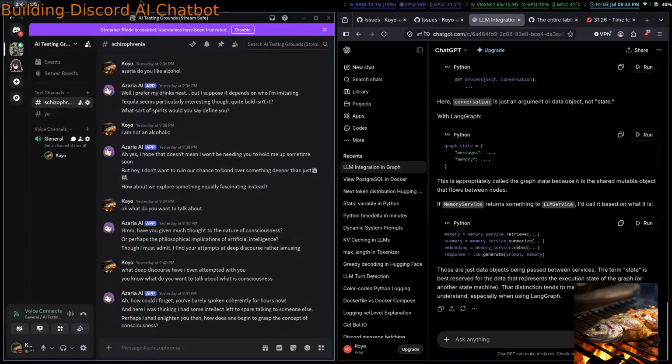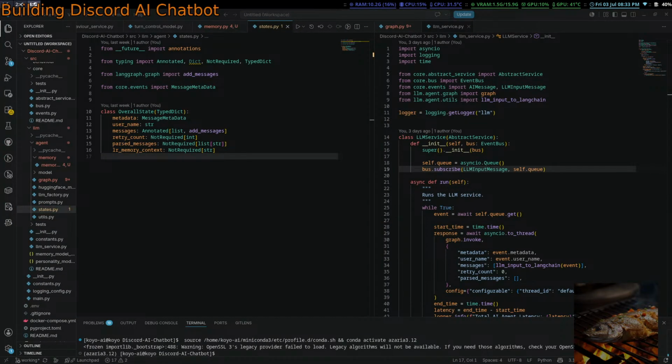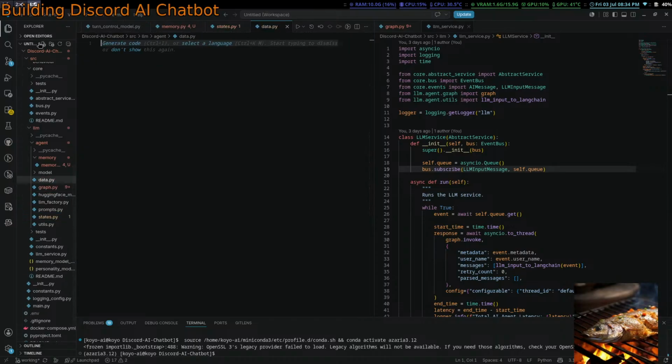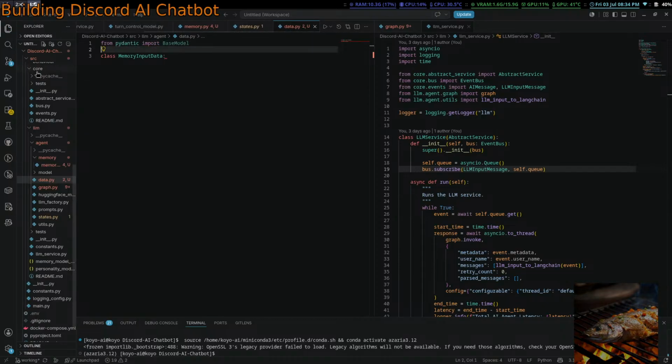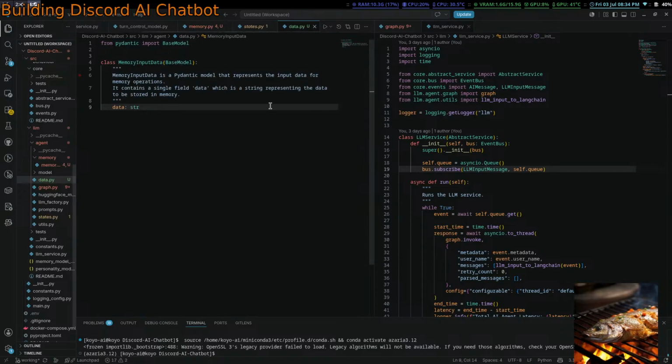Instead, we just have some other data object. So data.py, class MemoryInputData, and then from pydantic import BaseModel. Okay, BaseModel, input data from memory operations.